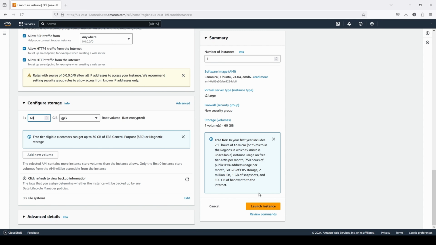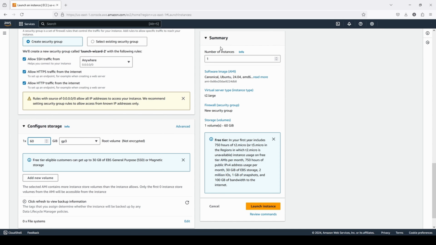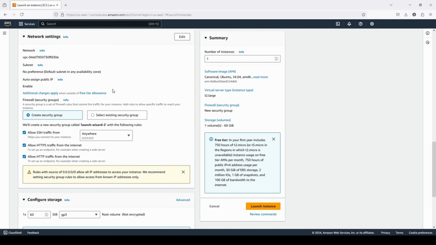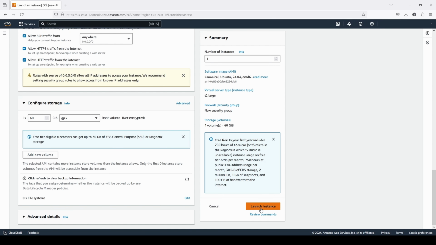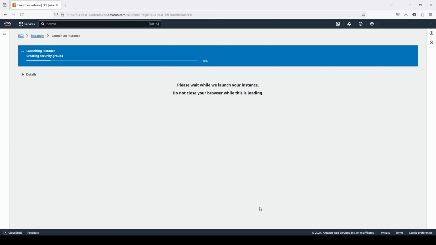And yeah, then these are the configuration or the summary of our instance. We have the number of instances as 1, and this is the system we are using, T2 large with 8 GB memory, and this is the security group, and this is the volume of 60 GB. Okay, now we are good, and I will click on launch instance. It will take some time to launch the instance,